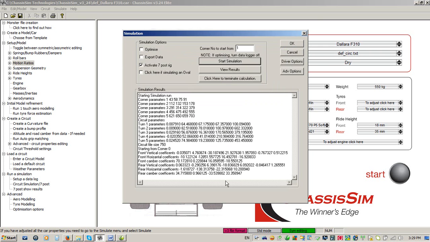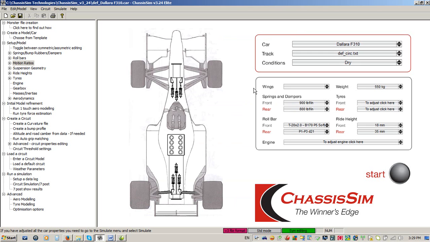We've also done some refinements in terms of fine-tuning stuff with inerters that we've seen from feedback from some of our customers, and that's been incorporated with quite a good deal of success. And as always, we get feedback from our customers, so there are little bits and pieces that we throw in. However, the big thing that's new in ChassisSim version 3.24 is what we now call the